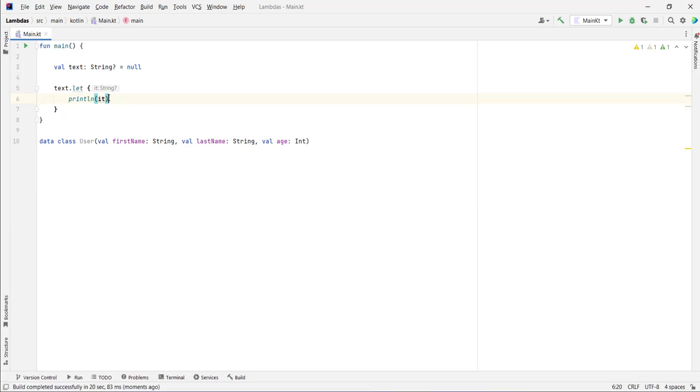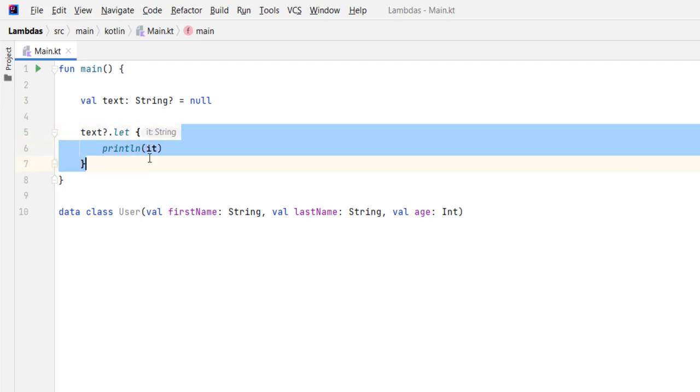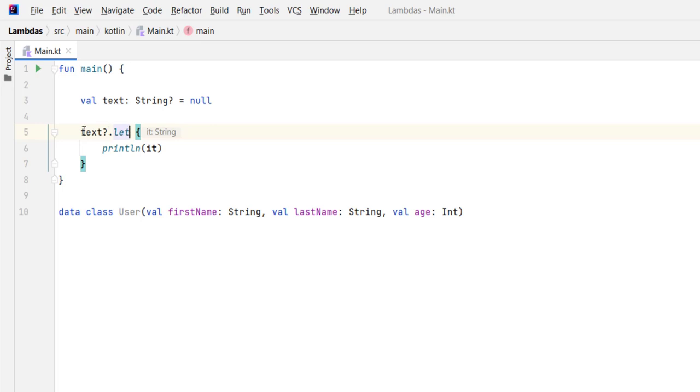And to avoid this, we need to use the let scope function along with the safe call operator. So we need to put at the end of our variable question mark dot let, and then what we're saying here is, let execute this block of code only if the value of this variable is not null. Now if I run this,